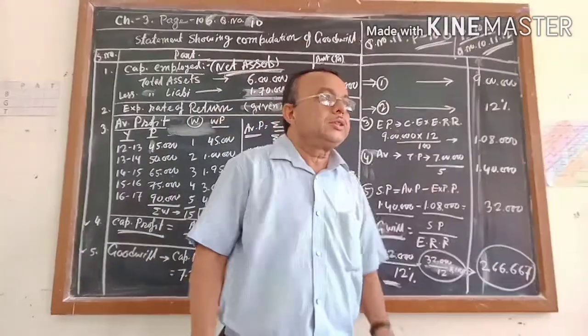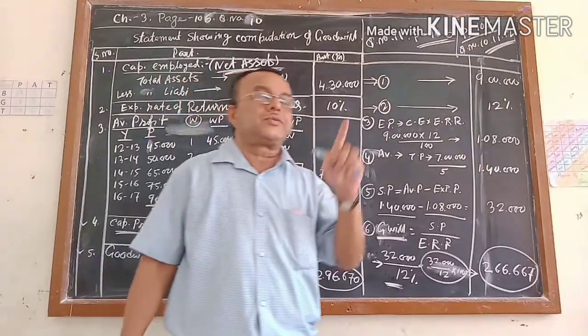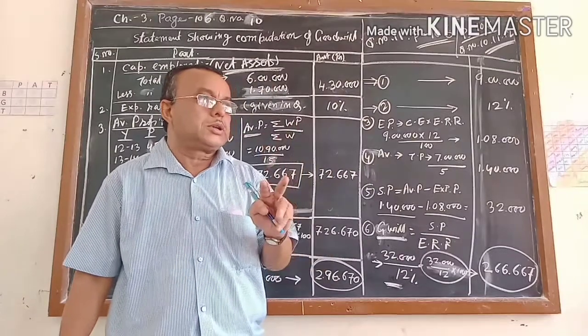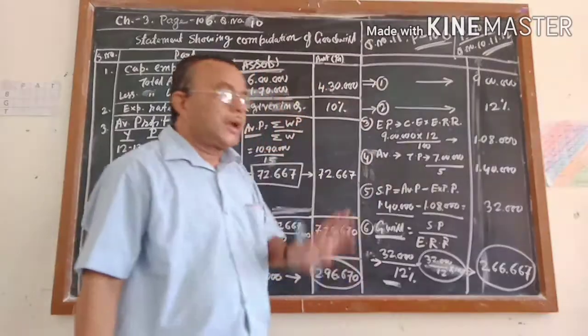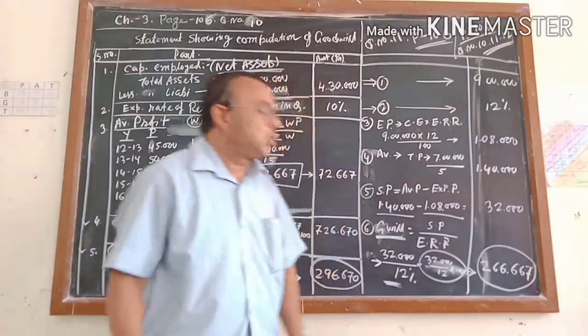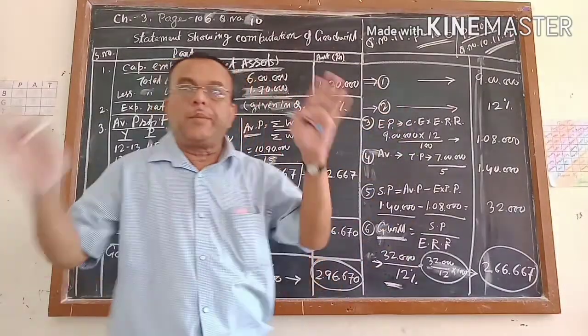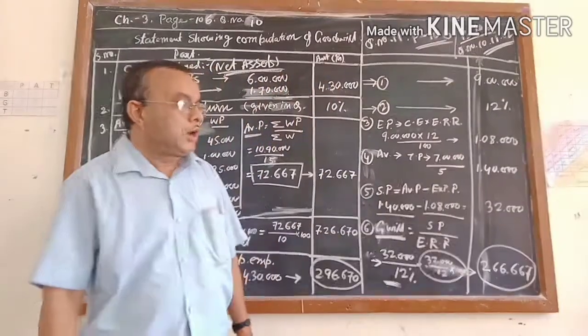Keep in mind, in this chapter a 6 marks question will come: 1 MCQ of section A, 1 question from section B, 2 marks and 4 marks, and 1 practical sum. That practical sum will come either in the third method or in the fourth method. Now, I think you understood. If you have any doubt, you will tell me through WhatsApp, and I will clear your doubt.